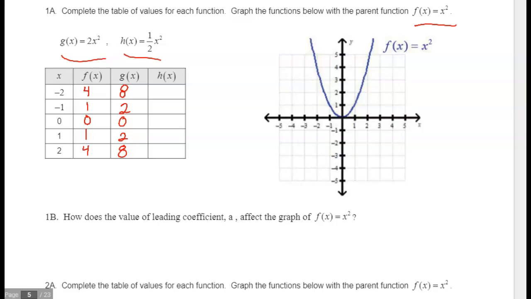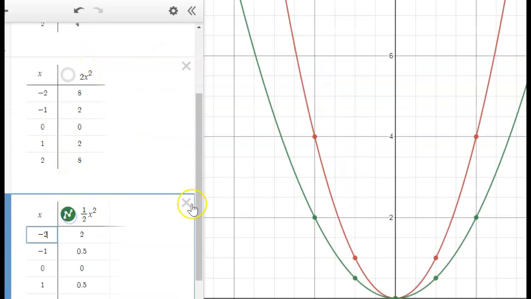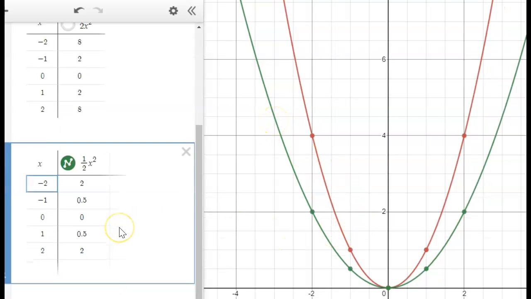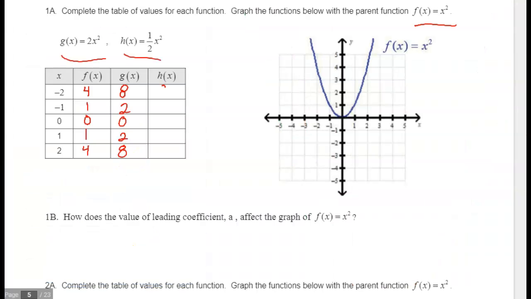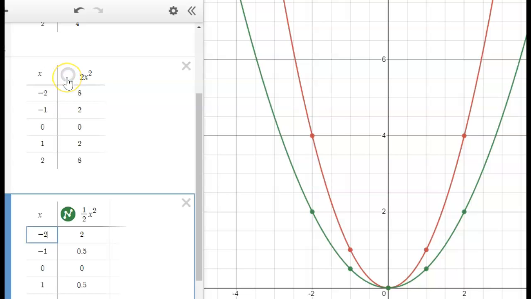Okay, and then the last one, h squared. I'm going to turn this off temporarily here. We'll put the 1/2 on. You'll notice it's wider. And we have 2, 0.5, 0, 0.5, and 2. So if I put them all on again here, here's this one that's narrower because it's